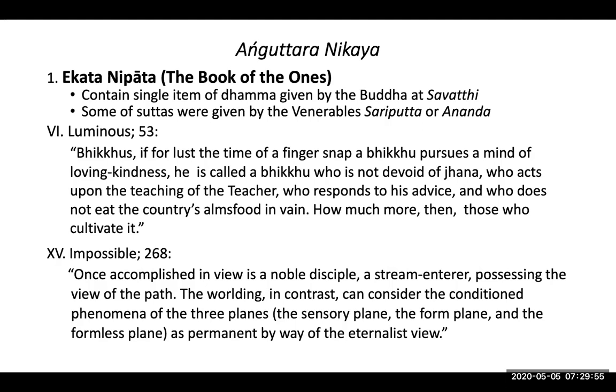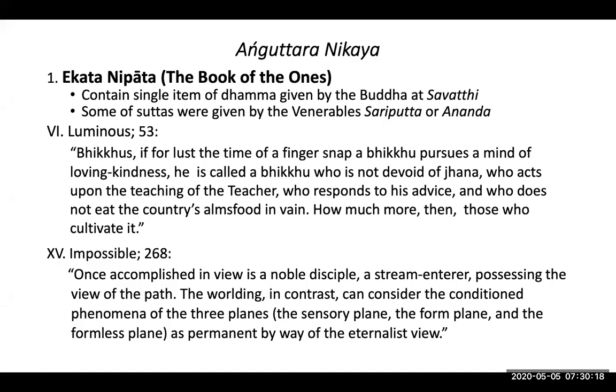Such a Bhikkhu deserves to eat the alms food offered by the people. So now you have heard the word meditation of loving kindness, and you will learn loving kindness meditation a little bit later. In another sutta,